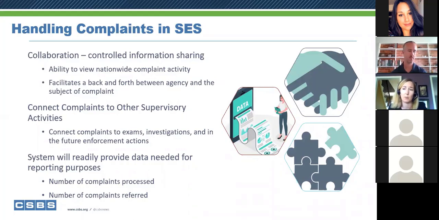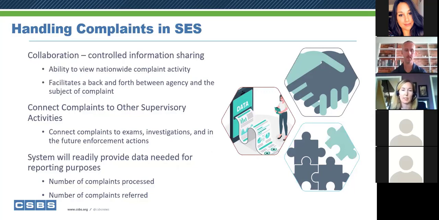The other real benefit of the system is that you can connect complaints to what we call other supervisory activities. When we say supervisory activities, we mean exams, investigations, and eventually enforcements once we build enforcements into the system. So as you're probably starting to gather, as you're hearing me talk, as you're hearing Kyle talk, the goal is to have SES be your one-stop shop for all of your supervision needs.